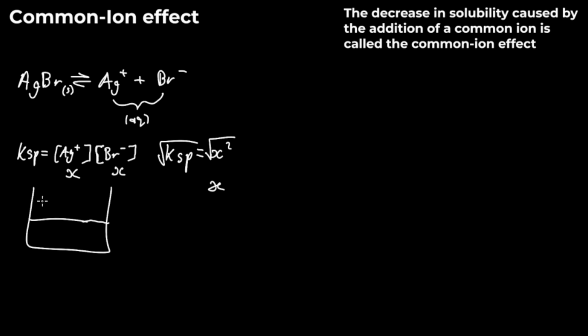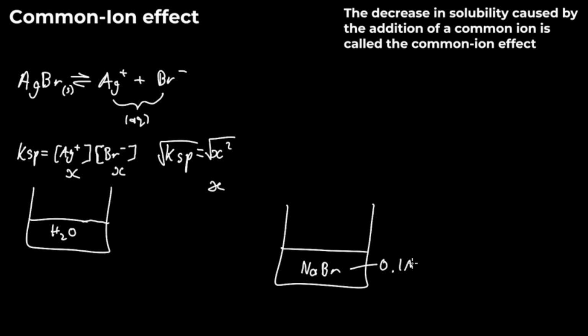Now, let's say that instead of this being water, we had NaBr. And let's say this NaBr was 0.1 molar. I'll get more into the calculations in a second, but essentially what you're doing here is you're adding Br to more Br. So a way to visualize that,